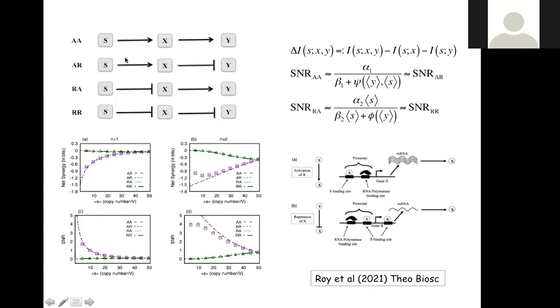This cartoon says, after doing these mathematical calculations and looking at the expressions and the functions, we have figured out the first step is the rate determining step of the whole dynamics. So now if we look at the activation and activation-repression case, the first step is basically the activation. So S activates X. That means we have our system, gene of interest, gene X, and S is coming in and getting bound here. So this is a case for n equals 1.